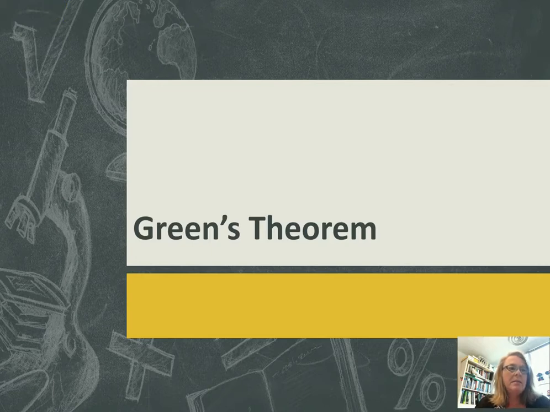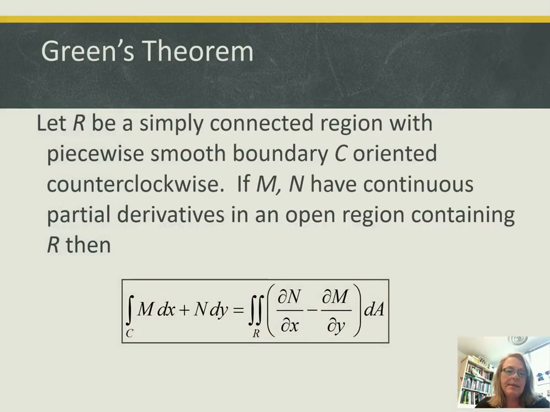So we need to start looking at Green's Theorem. We'll start by looking at a statement of Green's Theorem. Let R be a simply connected region with a piecewise smooth boundary C oriented counterclockwise. If M and N have continuous partial derivatives in an open region containing R, then we have the equivalence of